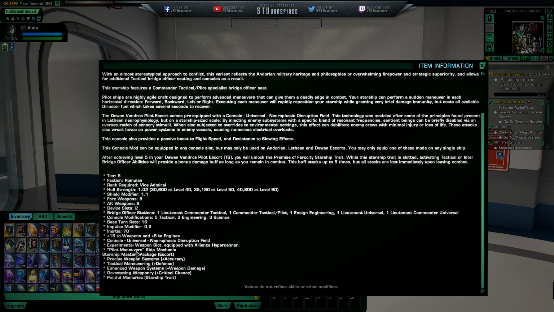It also has that pilot maneuver Starship mechanic, where you can basically go in the horizontal plane: left, right, forward, and backwards. That whole mechanic I'm definitely going to showcase in space. The Starship Mastery Package Escort: precise weapon system, tactical maneuvering, enhanced weapon system, and devastating weaponry is going to give us plus 2.5 critical chance